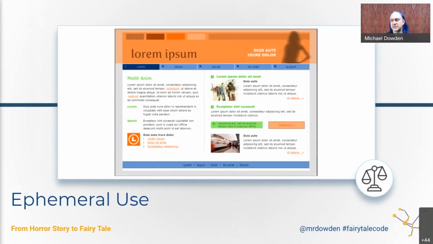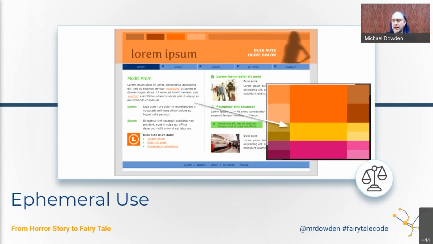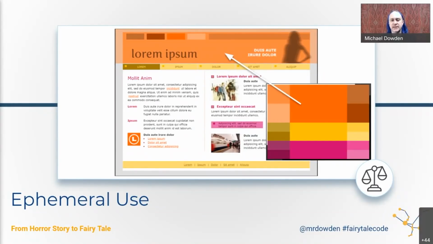Here's another example. This is a visual example using CSS and web design. You have been working on the user interface for a website. Their marketing team gave you the branding colors. Here is what you put together with those colors. Fast forward a few months and they tell you, hey, we really want to change the color palette to this here. You're like, fine, no big deal. I'll go in and plug in a few variables. Update the thing, we're done. Easy peasy. But there's a problem.